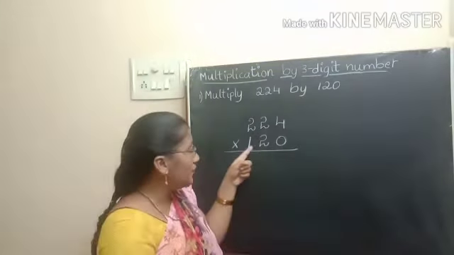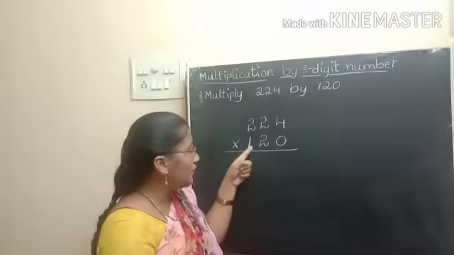4 plus 2. Now we have to add the digits in thousands place. 4 plus 2 is 6. Now take 2, because here there is no digit to add. So directly take 2. This is the final result. 26,880 is the final result of this multiplication.